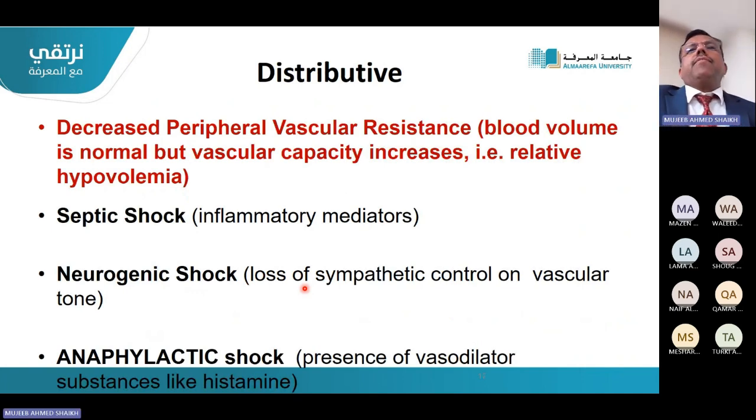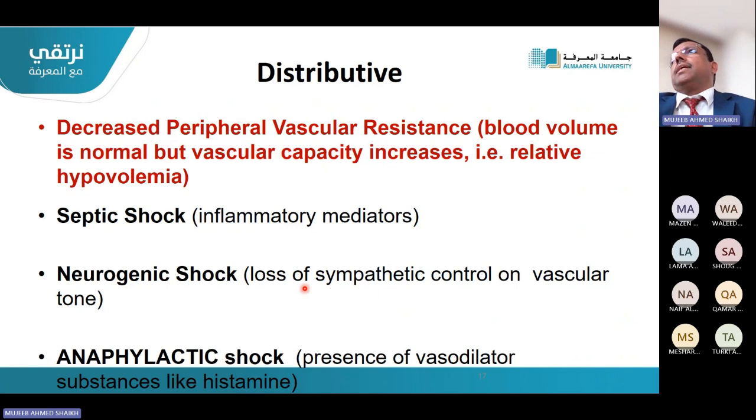In case of distributive shock, there is decreased peripheral vascular resistance. The peripheral vessels will be dilated. Now this dilatation could be due to inflammation due to sepsis. A gram-negative bacterial infection, if not treated with antibiotics, will lead to release of chemicals from the inflammation, and this will lead to dilatation of the vessels. Or it could be due to loss of vessel tone,